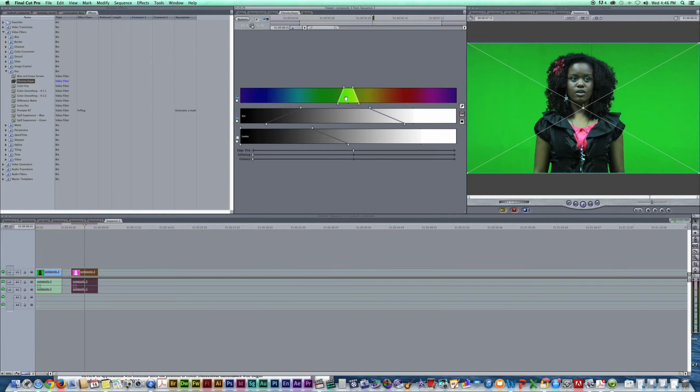Now it defaults to green, but the color that we actually want to key on is the color red. So we use our eyedropper selection tool. We're going to click on the color red. When we click on the color red, we should see a change in our color spectrum meter. So I click on the color red, and there it is. So now our color spectrum meter goes to a couple of hues of red, but we want to expand this because we haven't noticed a change yet over here. So I'm going to use this parameter tool and expand the parameter a little bit,